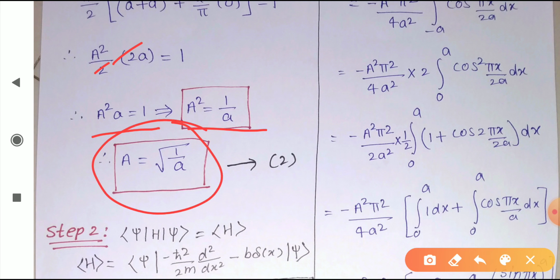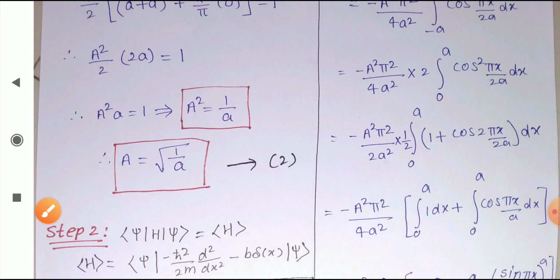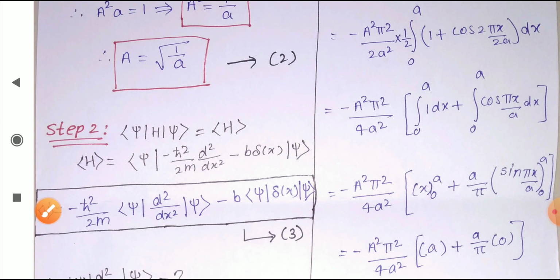So this we will get a square value, we have got this, and from this we can get the value of a. That is our first step is done. The first step that you have to do is, if in the question the trial wave function is not given, you have to assume the trial wave function. Okay, and you have to find the normalization condition if it is unknown to you. That means you have to find the value of the constant by using the normalization condition if the constant is unknown to you. If it is given, no need to find it out. Okay, directly you can proceed to the next step.